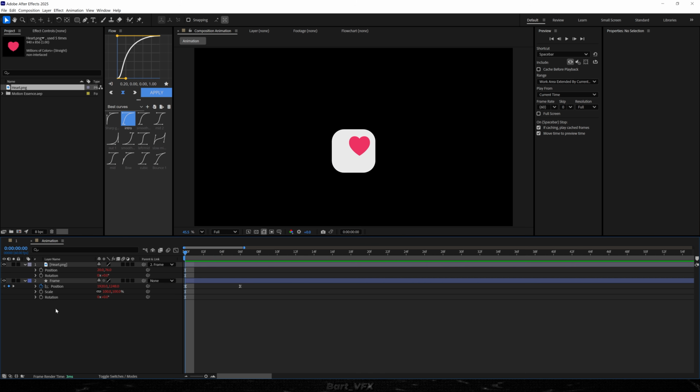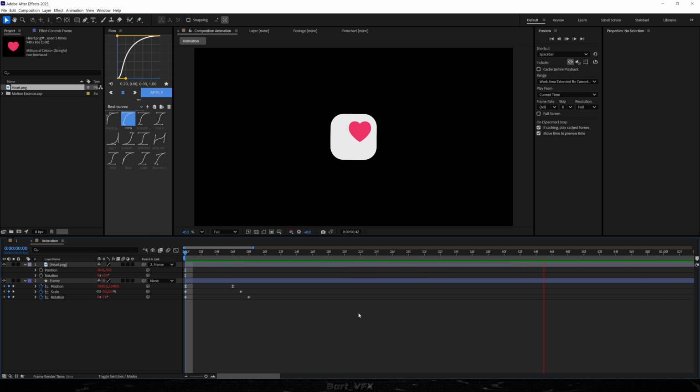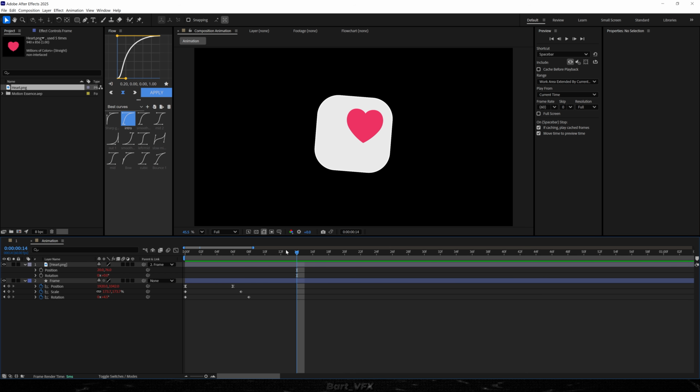I'm gonna go back, and now we're gonna set up the keyframes for scale and rotation, and we're gonna push them forward. I'm gonna offset that rotation like that, and then here in the beginning we're gonna set up the rotation to -7, and scale is gonna be set to 0. Right, so now we're gonna have something like that which is extremely intense, but we can make it more subtle